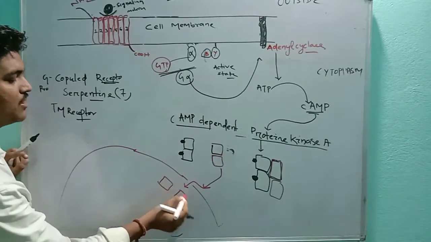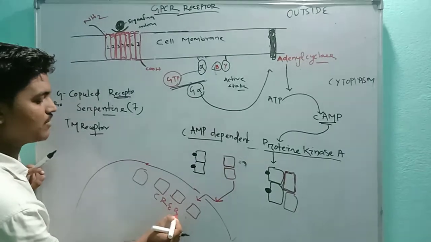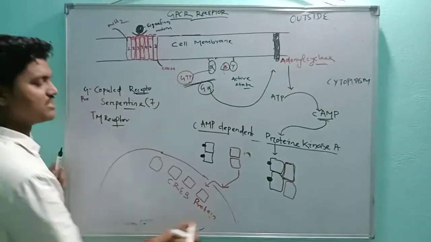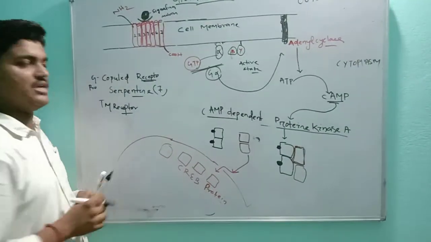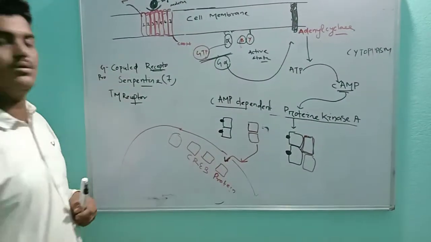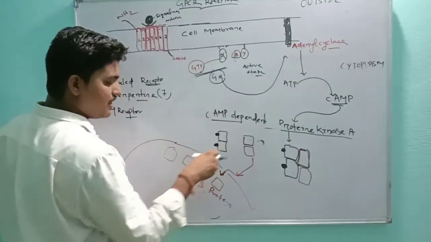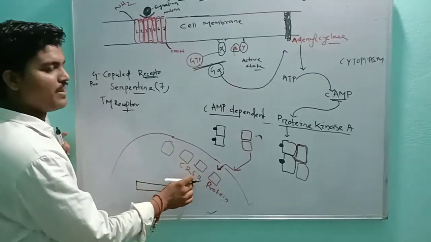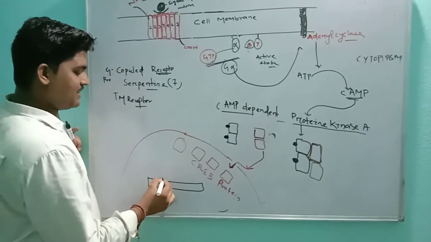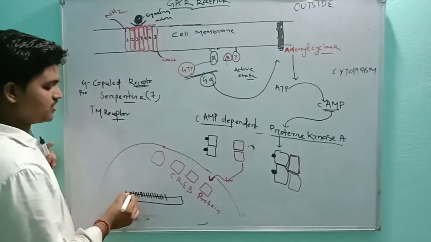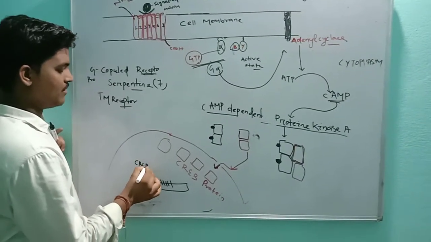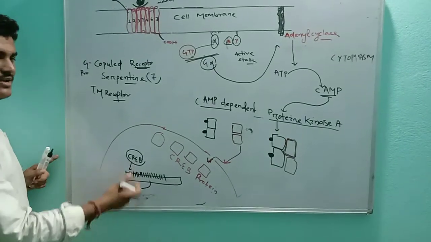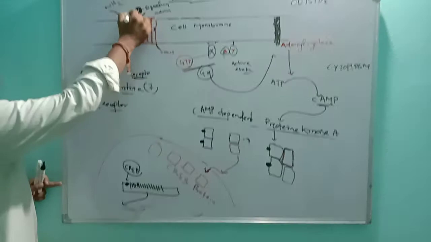Inside the nucleus, there are certain molecules known as CREB, cyclic AMP response element binding proteins. The CREB protein undergoes phosphorylation when the catalytic part enters the nucleus. Now the CREB is activated, and this activated CREB will bind at the promoter regions of specific genes and allow transcription, or if that gene needs to be inhibited, it will carry out inhibition as per the signal or order from the signaling molecules.